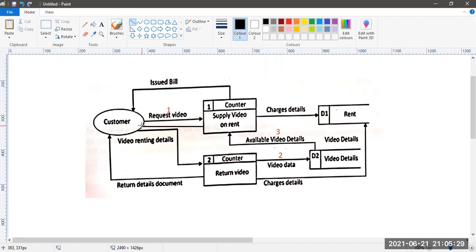The arrow should be pointing this way. I'm not going to write it down, there is no place to write. So that should be the fourth one.